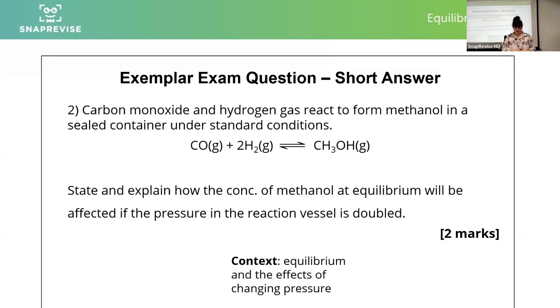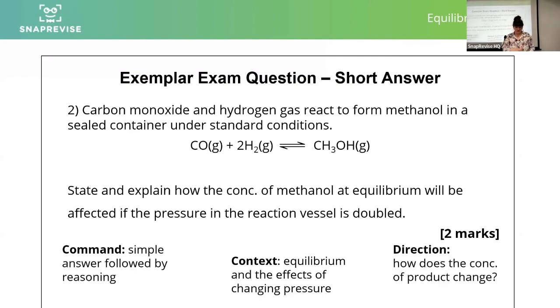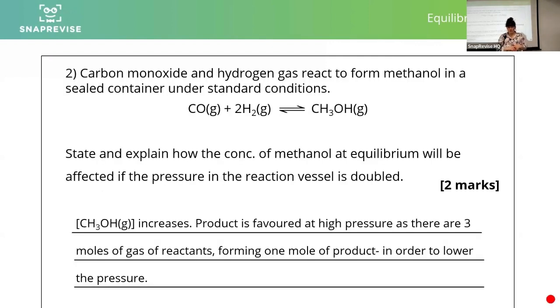So context, the equilibrium, and the effects of changing pressure. The command word is a statement, and then the explanation. So a simple answer followed by reasoning. And my direction is how is it going to change when we double the pressure. So I would write something like this. I would say concentration of methanol